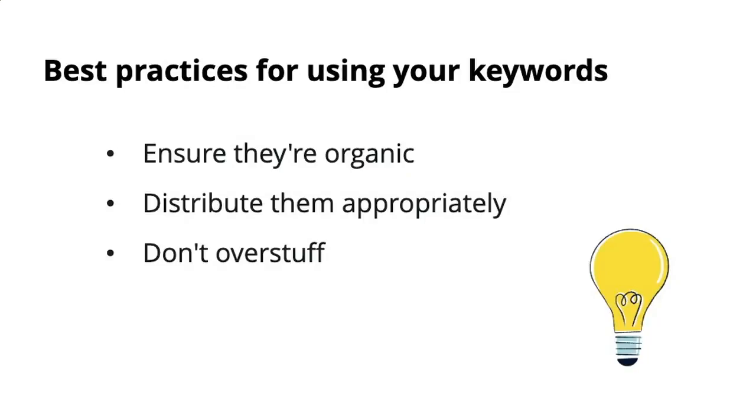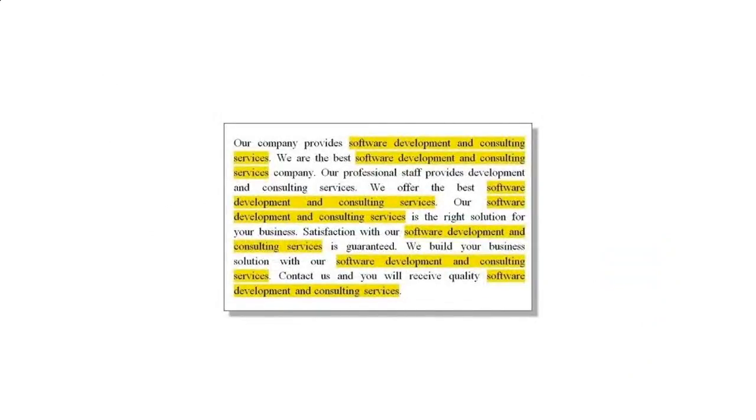For example, algorithms on search engines no longer rank your content higher only by how many people are visiting your site, but also by how long they're staying there. So if people click over because they think you're providing an answer for them, but it's really just a bunch of crazy keywords and they jump right off, this is only going to harm and penalize your ranking. This is an example of what that looks like. I'm sure we've all seen something similar. It's very unpleasant and you're probably not walking away with much more than you originally read it with.